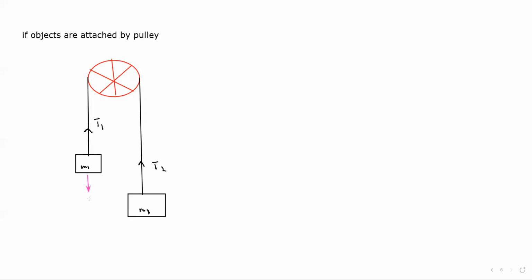The weight W1 of the first object will act downward, and the weight of the second object is also acting downward. So if this object is stationary, if it is at rest, not accelerating, in that case, I can say T1 is equal to W1 and T2 is equal to W2. But if it was accelerating up, like M1 is accelerating up,